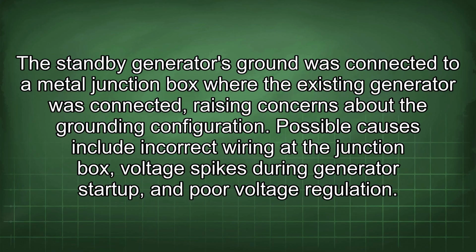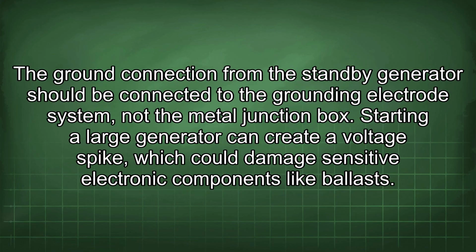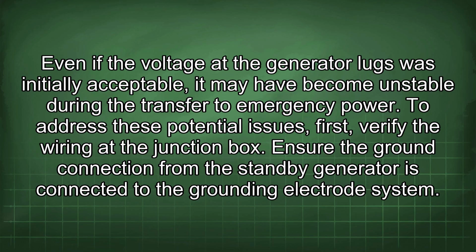the grounding configuration. Possible causes include incorrect wiring at the junction box, voltage spikes during generator startup, and poor voltage regulation. The ground connection from the standby generator should be connected to the grounding electrode system, not the metal junction box. Starting a large generator can create a voltage spike, which could damage sensitive electronic components like ballasts. Even if the voltage at the generator lugs was initially acceptable, it may have become unstable during the transfer to